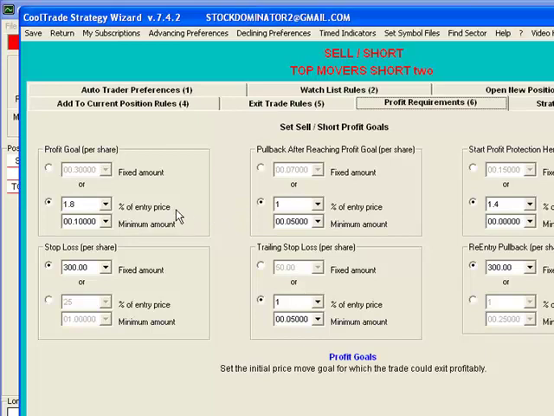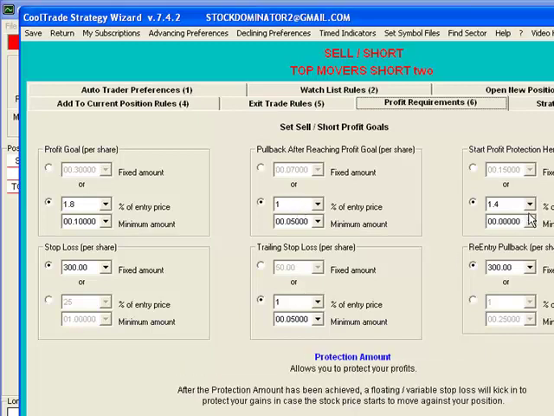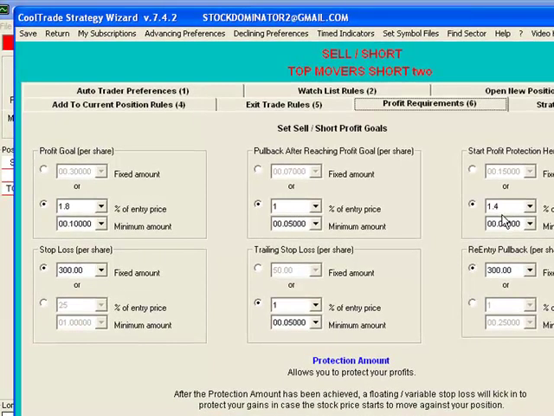So in this strategy, it's going to look to hit a 1.8% profit. However, it's going to keep attempting to take more money off the table, and it won't sell until this 1% pullback right here kicks in. However, it has a 1.4% profit protection. So anytime a stock gets up to 1.4%